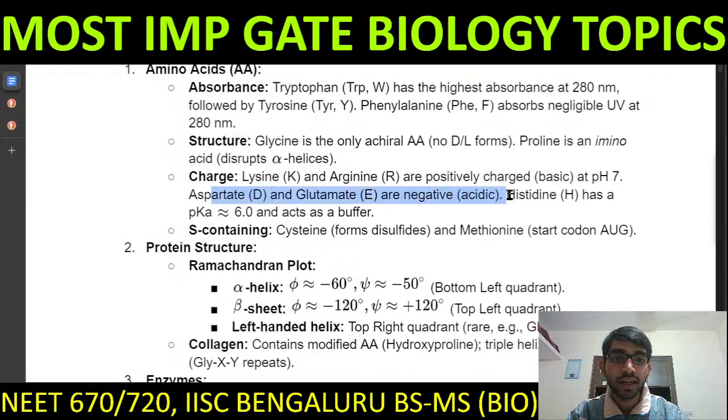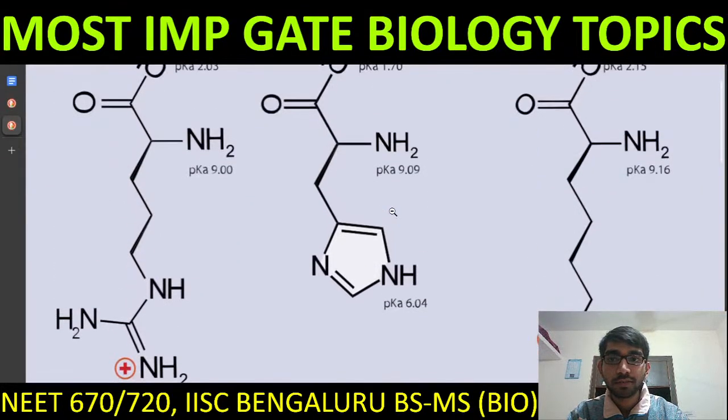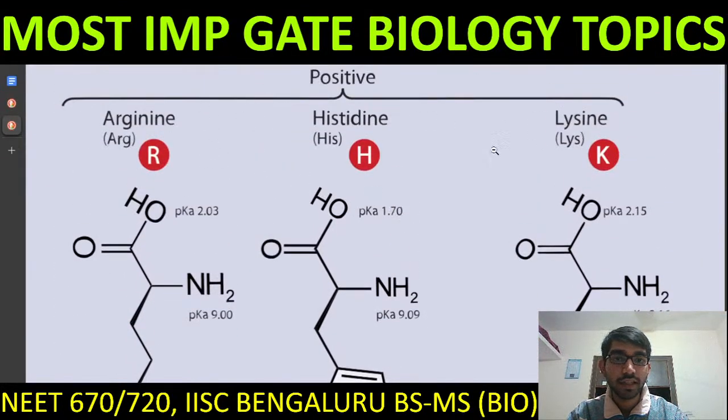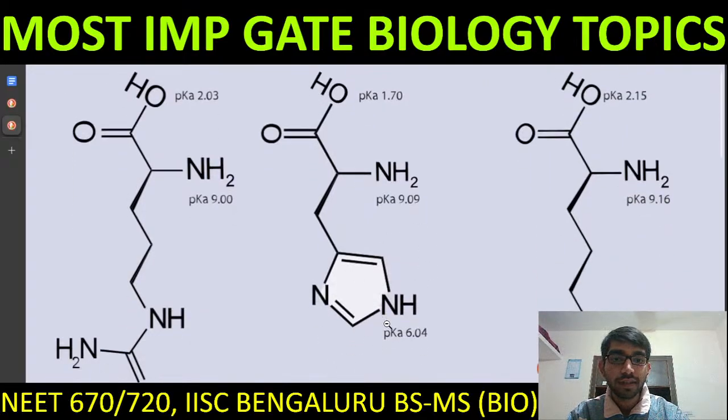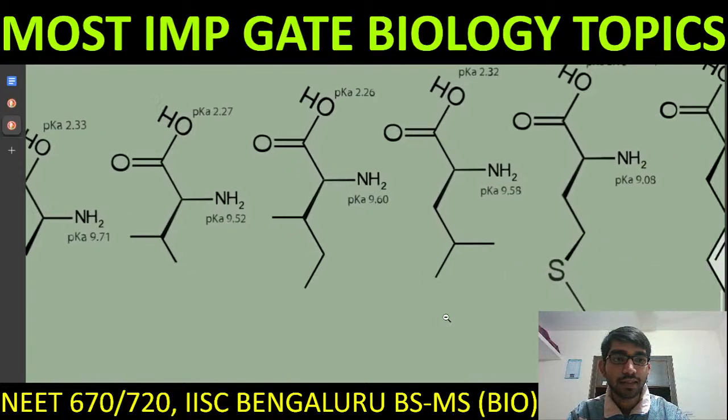Aspartate and glutamate are negatively charged, meaning they are acidic. And histidine has a pK of roughly 6 and acts as a buffer. So exactly what I discussed a few moments ago. So here are our basic amino acids, arginine and lysine. Histidine is roughly around 6, the pK of histidine, and then the acidic ones are